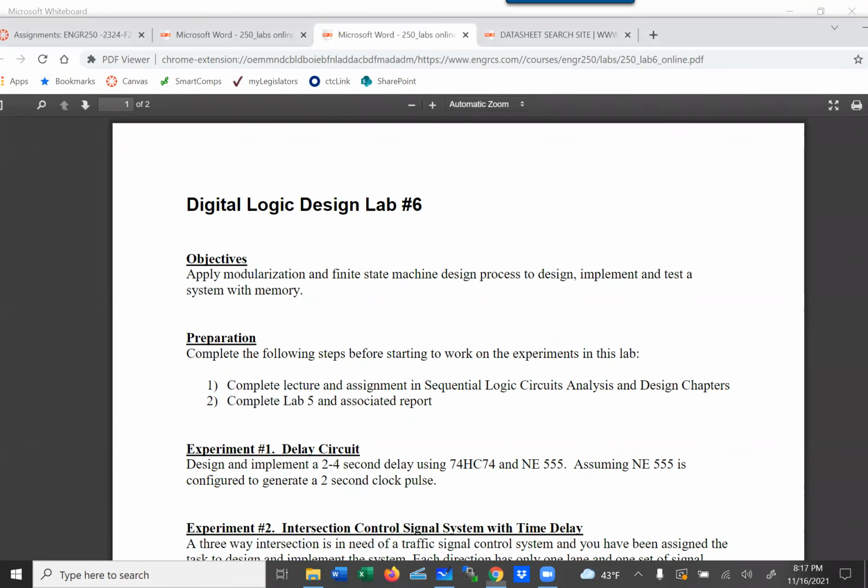In this video, I'm going to try to provide some hints on how to go about designing the circuit required by lab number 6 in Engineering 250. The goal here is really to use the modularization that we've talked about, building on what we have already done, as well as the finite state machine design that we've learned in the class, and use those to implement the circuits